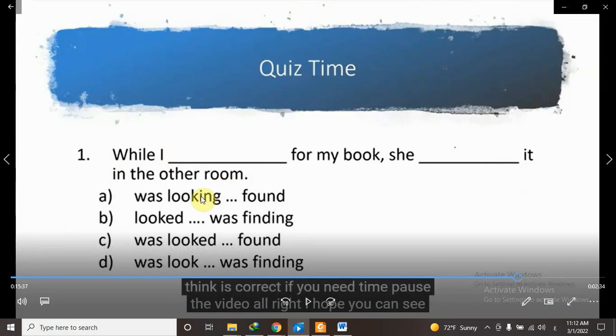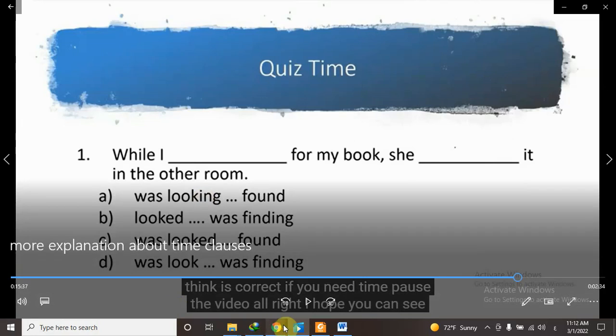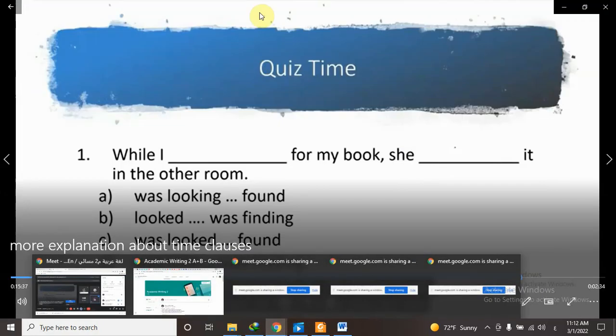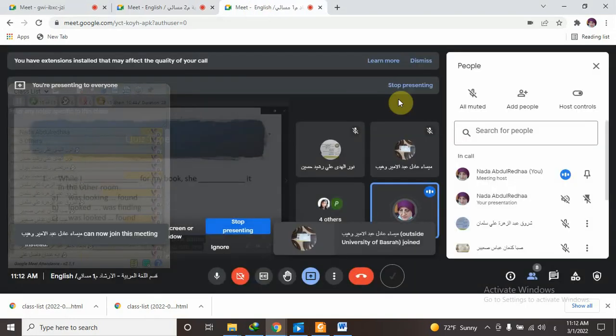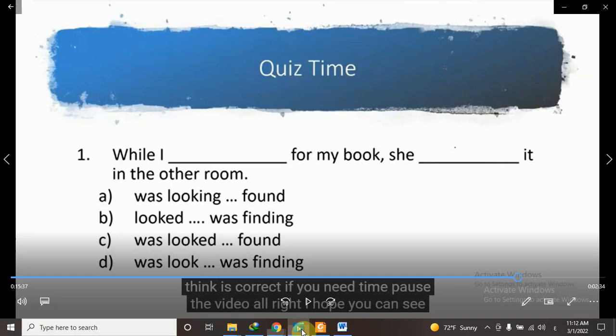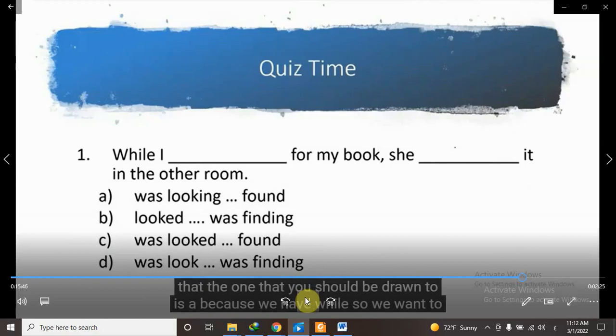Of course I cannot put found in the progressive form, because to find something just happens. You find it without planning for finding. You find a thing when you don't know where it is. When you search for something, you find it. So the correct answer is A. Now, if you need time, pause the video. All right, I hope you can see that the one you should be drawn to is A,